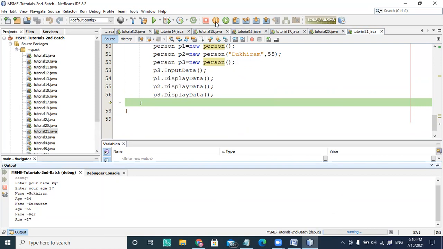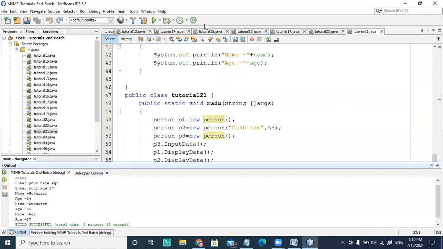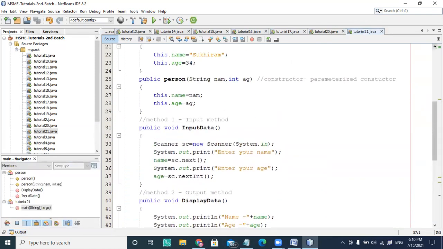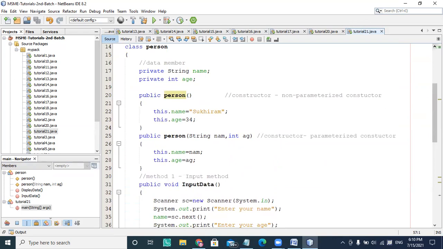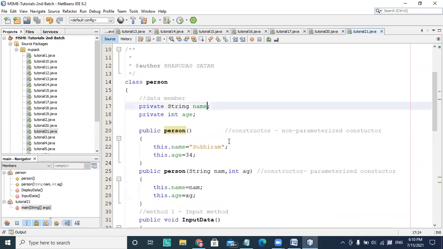So this is the way you can initialize the variable data member through a method, through a constructor, through an input method, which is your own method, where initialization is taking place. There is no direct initialization. You can't directly assign some value here like this. When I'm assigning some value here, X, Y, Z, it will lose the security. Even though they are giving you such initialization, if I'm using this and try to run this program here,